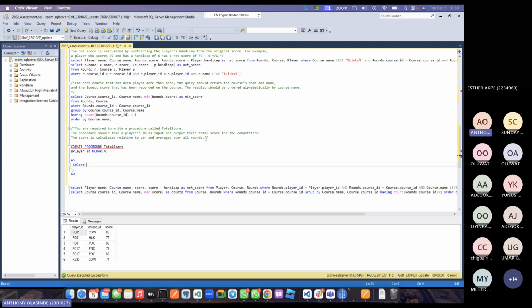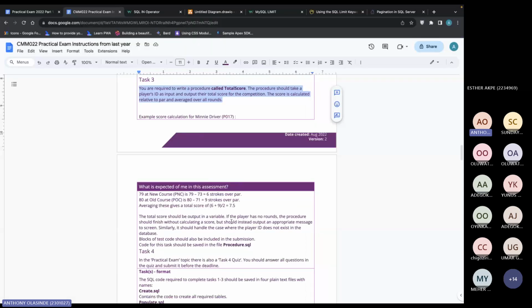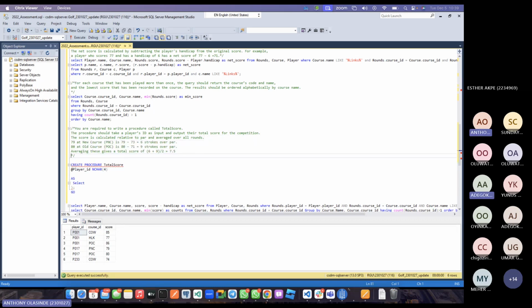Total score is calculated like this. Okay, so the total score is calculated relative to par, average overall. So we know each of the scores, so we can actually just take it one by one. Select score